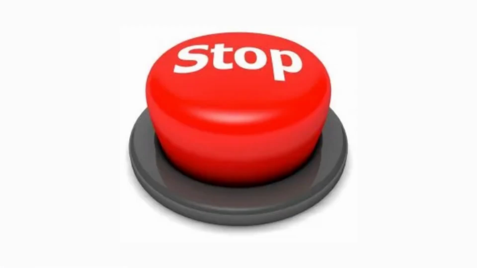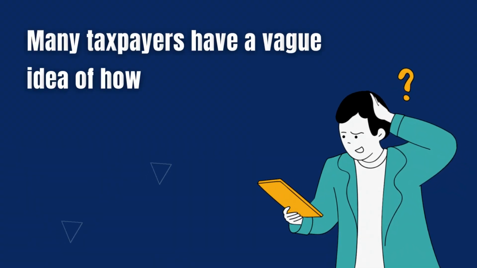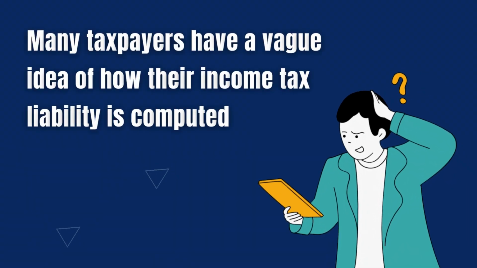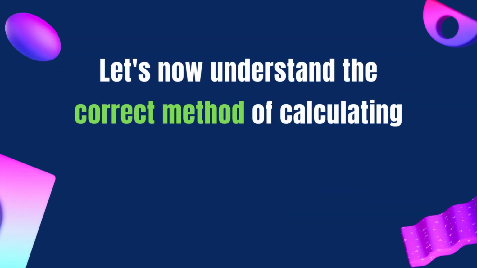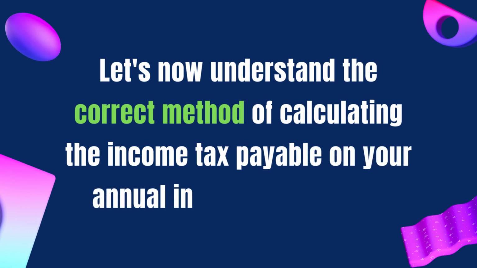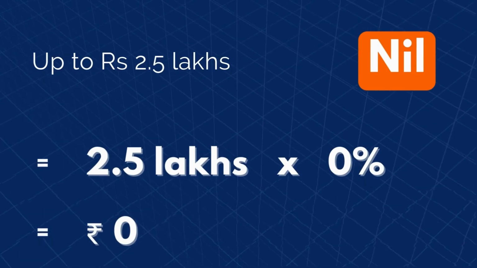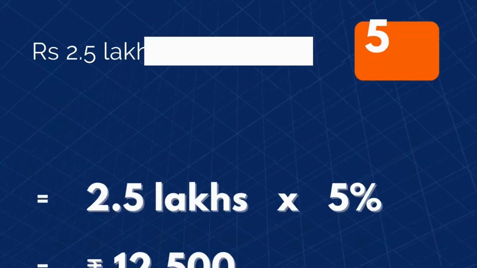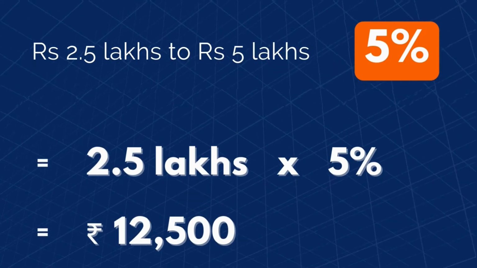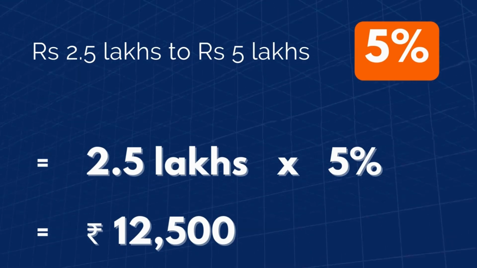Stop. This is wrong. Many taxpayers have a vague idea of how their income tax liability is computed. Let's now understand the correct method of calculating the income tax payable on your annual income of 18 lakhs. Your annual income up to 2.5 lakhs is exempt from tax. On any income between 2.5 lakhs to 5 lakhs, you will have to pay 5% tax, which amounts to 12,500